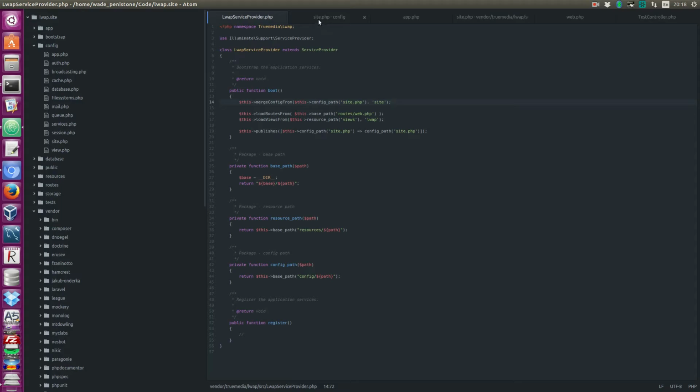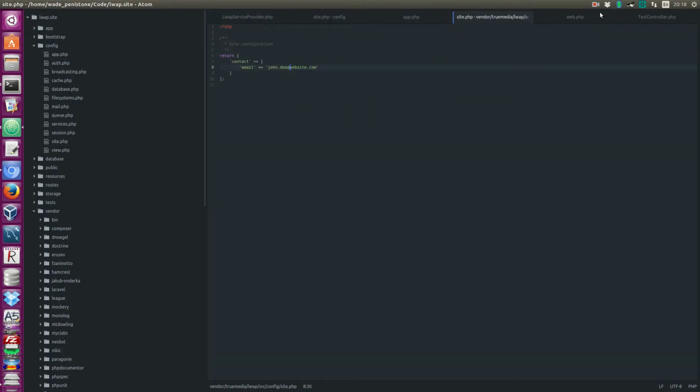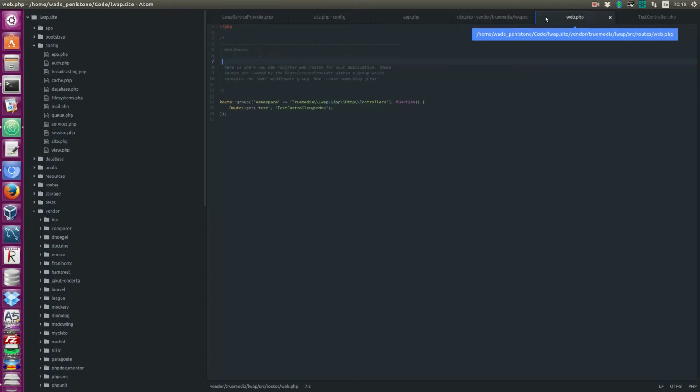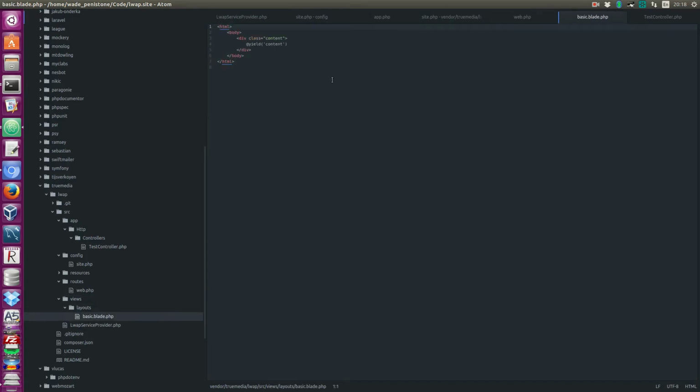So to prove that this is working, I'm basically going to pull in this config in the view. So if I jump back into the package and go on views and go on pages,